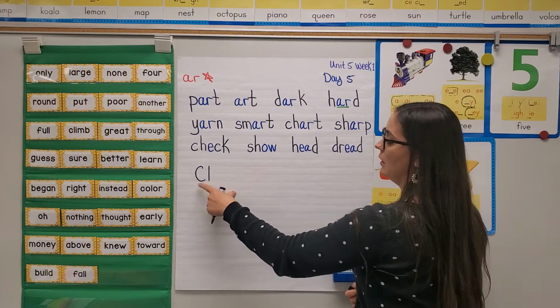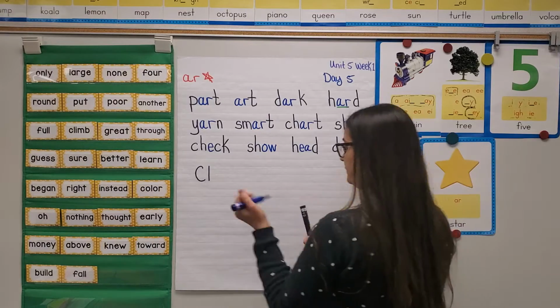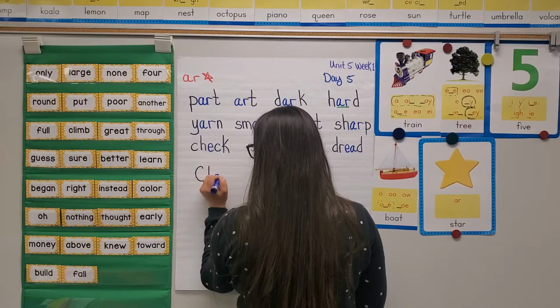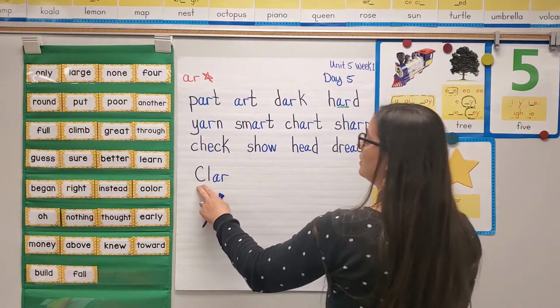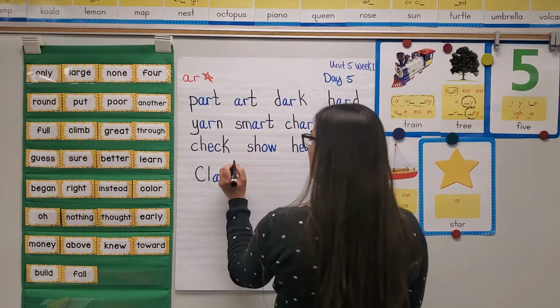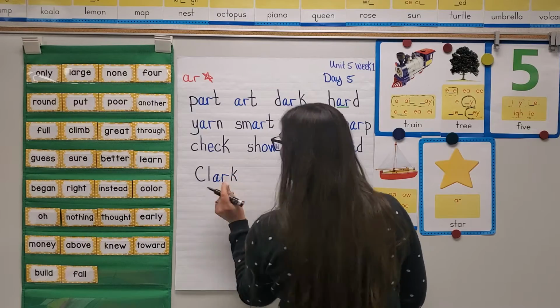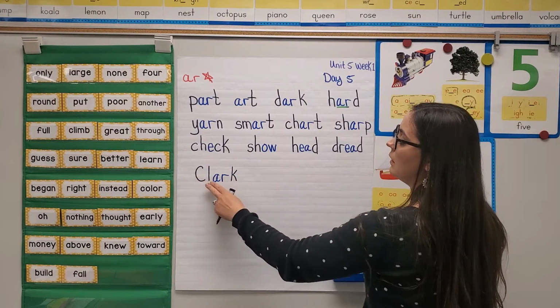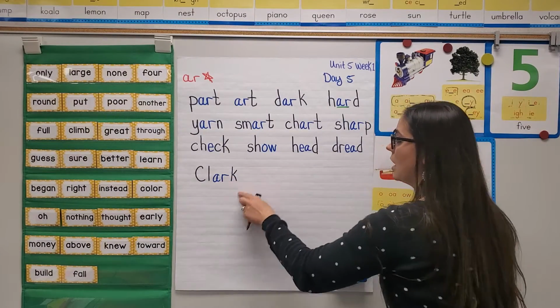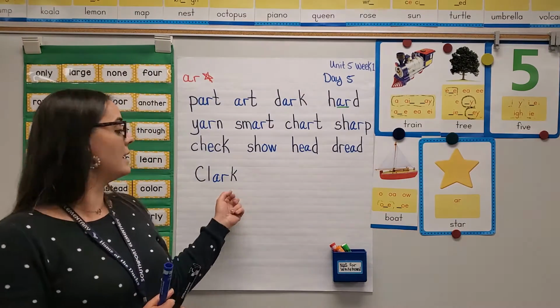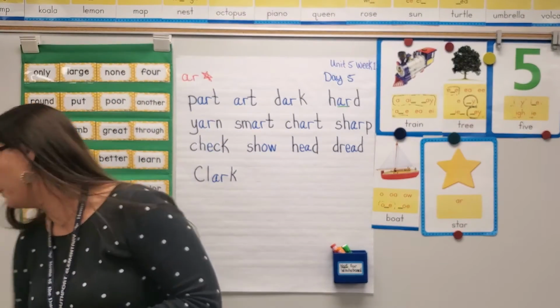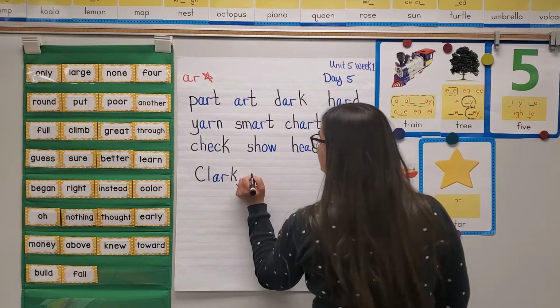CL, ka-ol, coal. AR, star, card, R, coal R. K says ka, coal, ark, Clark. So of course we have that capital C there because it's the beginning of a sentence. And in this sentence, it's also a name. Clark